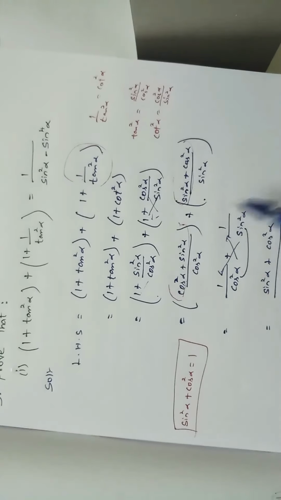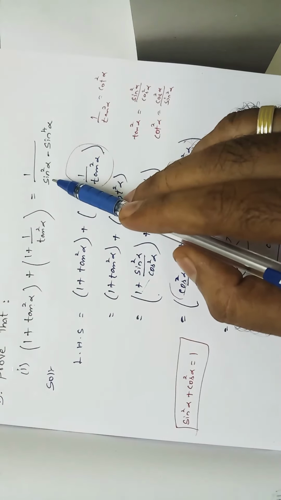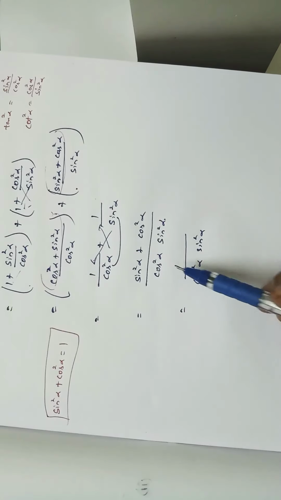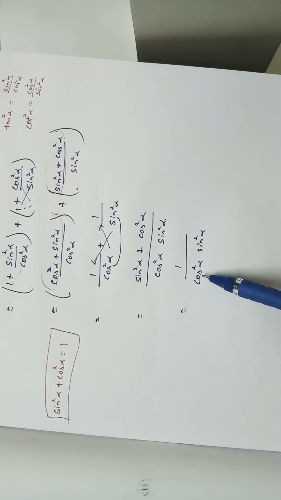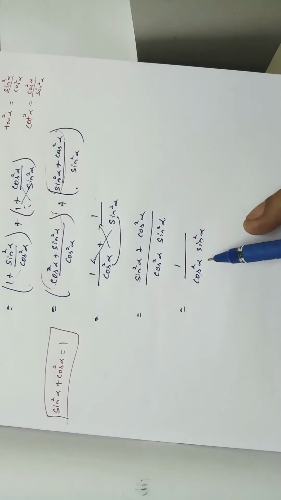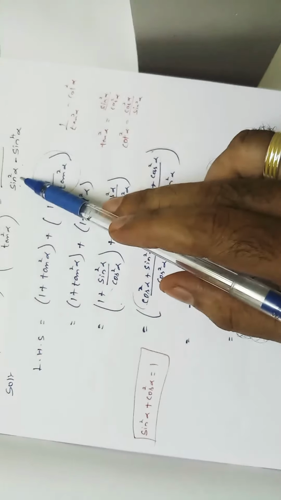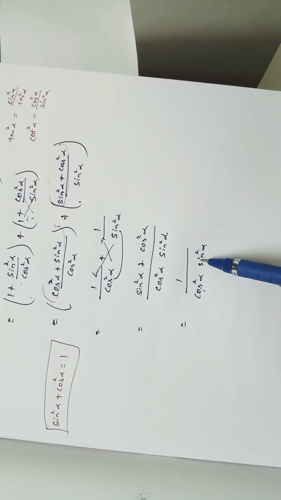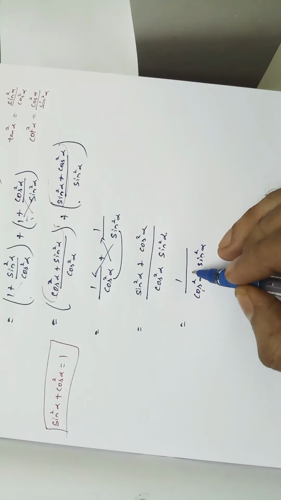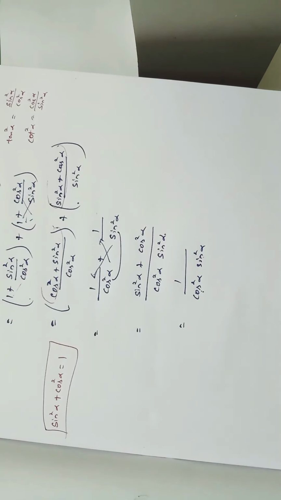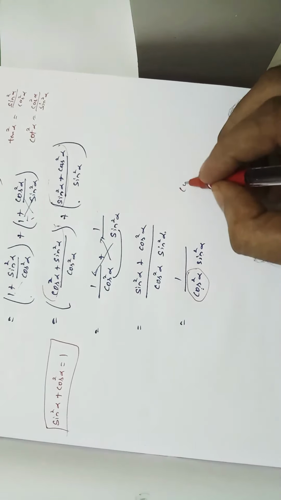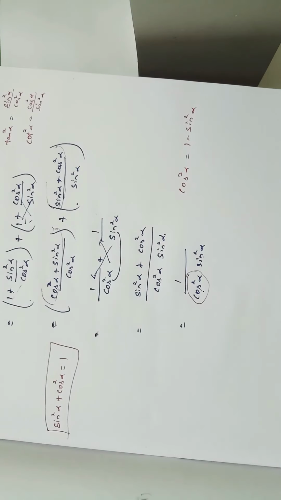See what we want to prove: RHS is 1 divided by sin square alpha minus sin power 4 alpha. But see, the numerator we got 1 and the denominator we are very close: cos square alpha into sin square alpha. What we want to prove is in terms of sin, and here we have cos and sin. So I'm just going to remove this cos square alpha in terms of sin square alpha. Cos square alpha is equal to 1 minus sin square alpha, so instead of cos square alpha I'm going to substitute 1 minus sin square alpha.